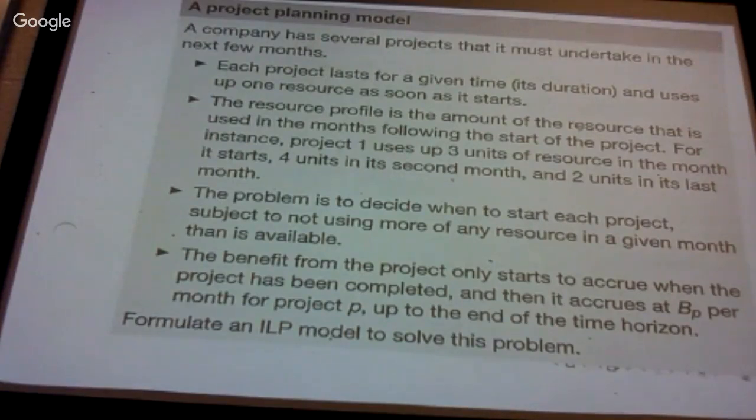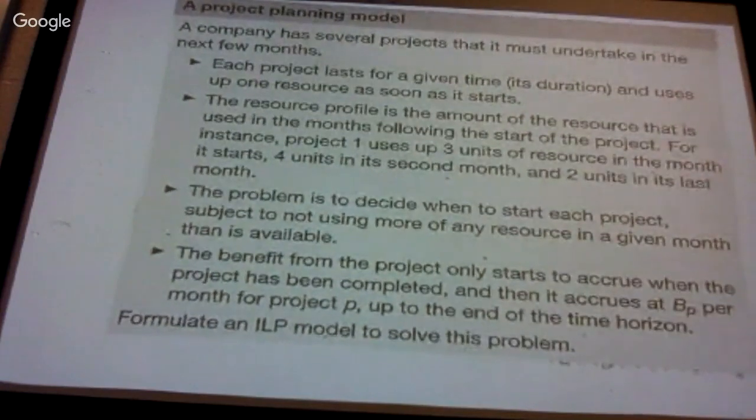Yeah, this is a fairly complicated problem, but a nice one. So what we're trying to do is, we have some projects. It doesn't give us any specific data in this handout, but we can just work with this kind of formulation as it is. For every project, we know how much of a certain resource it uses, and also how long it lasts. So, for example, you could have a project